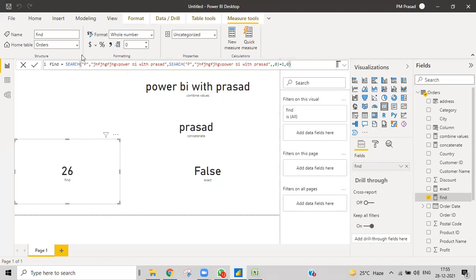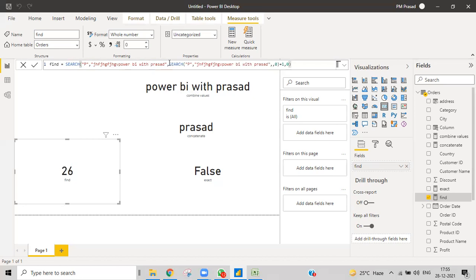Right now it is the 26th position. You can see 1, 2, 3, 4, 5, 6, 7, 8, 9, 10, 11, 12. At the 12th position I do have P, but it doesn't take that. Then 13, 14, 15, 16, 17, 18, 19, 20, 21, 22, 23, 24, 25, and then with this space 25, and then the 26th position is the second P.